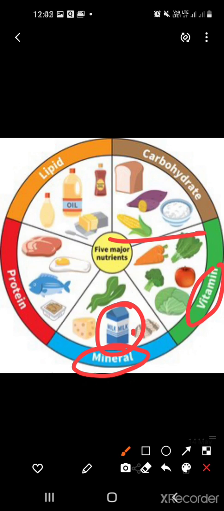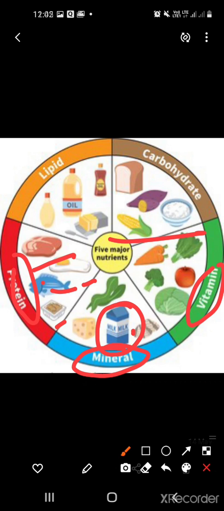Fine. Protein helps our body to grow. This is protein. It helps our body to grow. They help our body to build muscles, other organs and blood. That is why foods which contain proteins are called bodybuilding food. Fine. These protein foods are also known as bodybuilding food. Okay, children. Now move on to the next. The examples of protein you can see here: eggs, milk also there, fish and meat and cheese also.